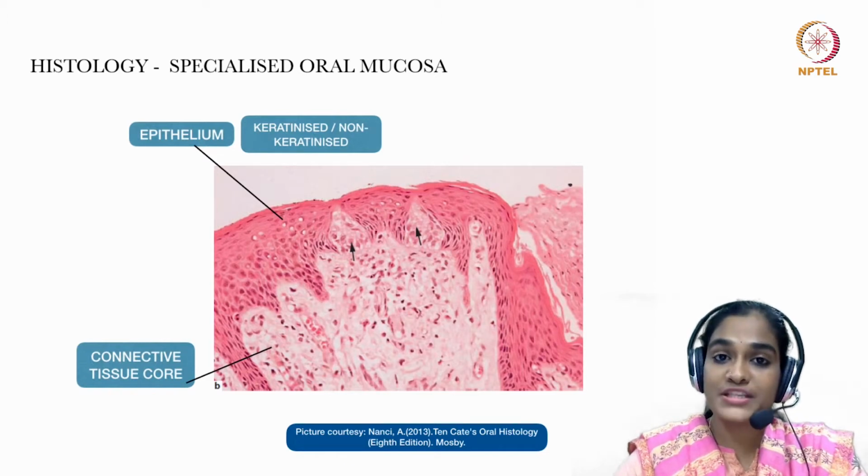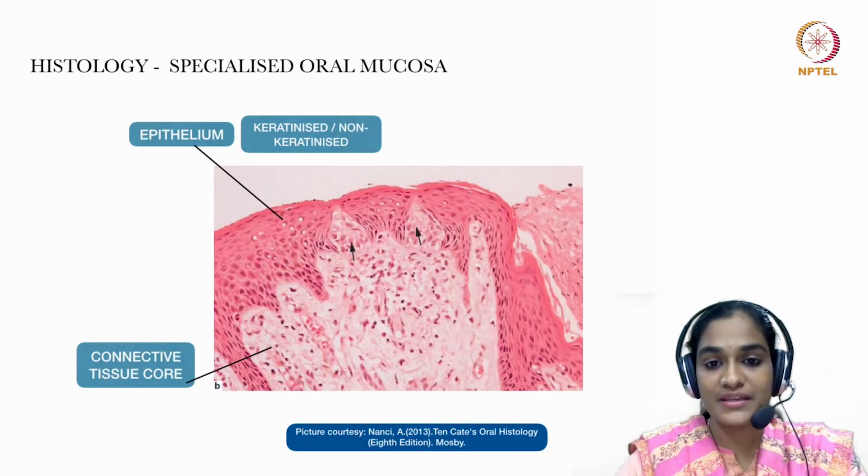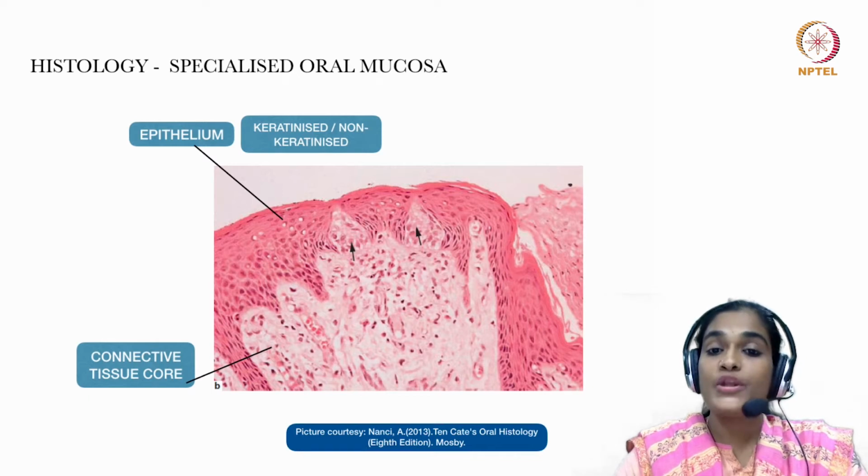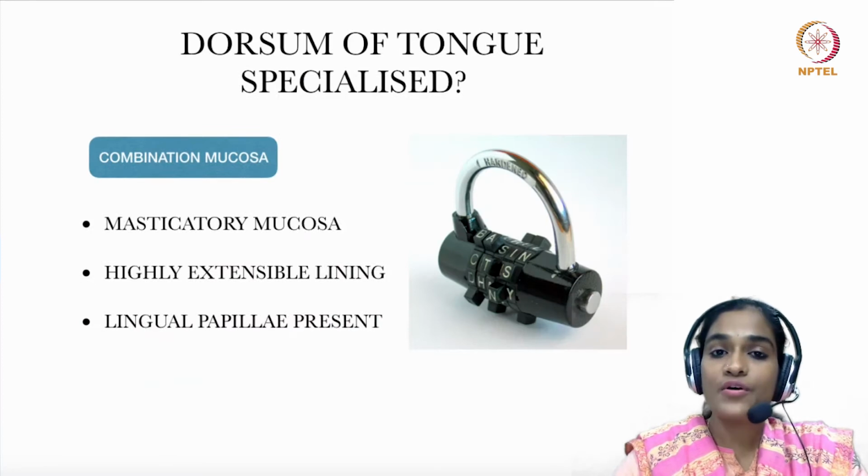The histology of specialized oral mucosa is also similar. It has the overlying epithelium and the connective tissue core. There are taste buds which are interspersed in the keratinized layer of the epithelium, which opens to the exterior by means of taste pores. The mucosa of the dorsum of the tongue is unlike anywhere else in the oral